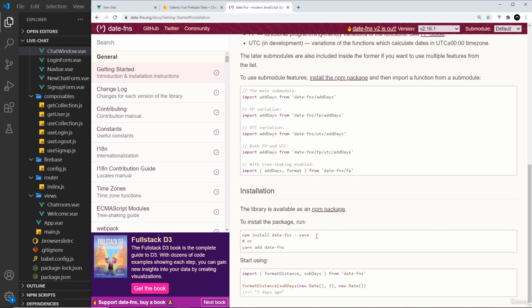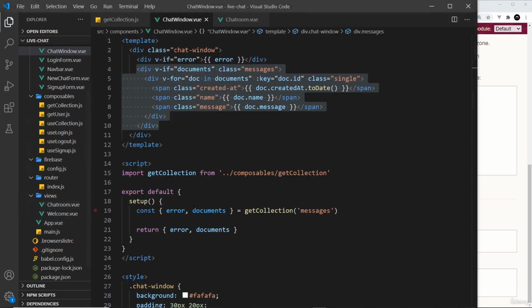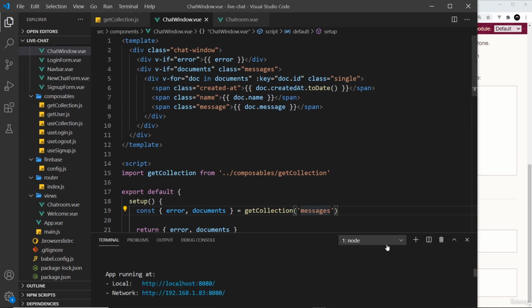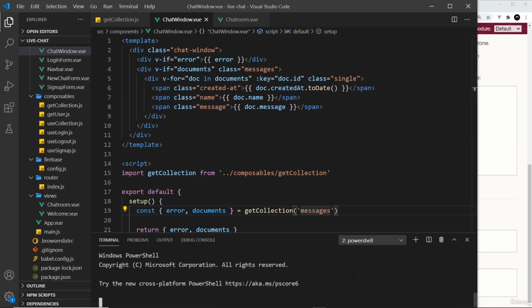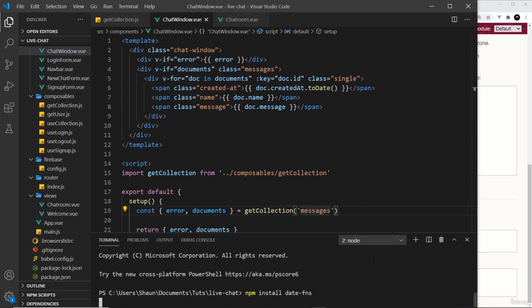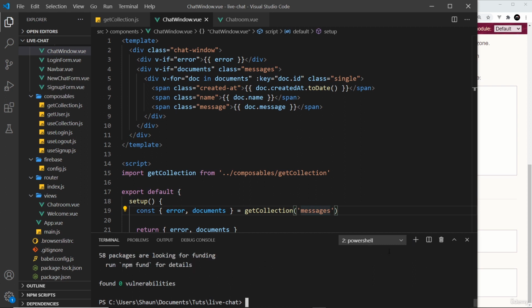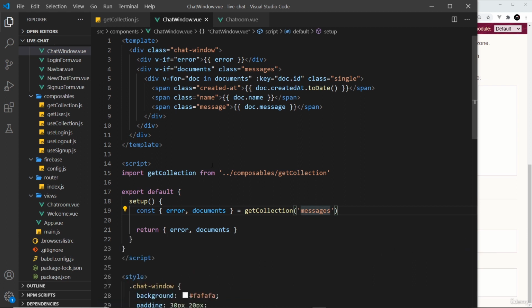So if you go to the documentation and then go to installation, we can see down here, this is how we install it right here. Since I've got a new version of Node and a new version of NPM, I don't need the save flag. I'm just going to copy this bit right here, which says npm install date-fns. Then I'm going to open up a terminal in my project and paste it inside here and press enter to